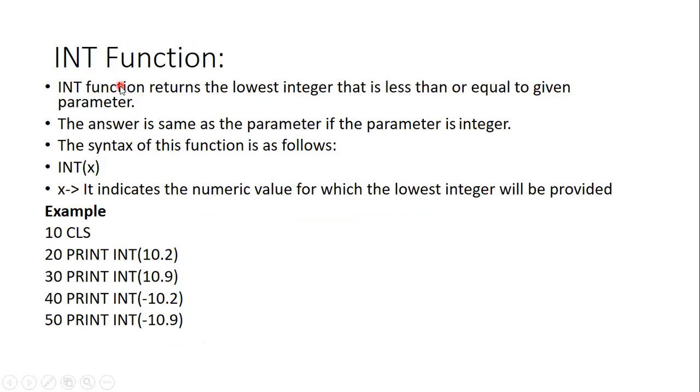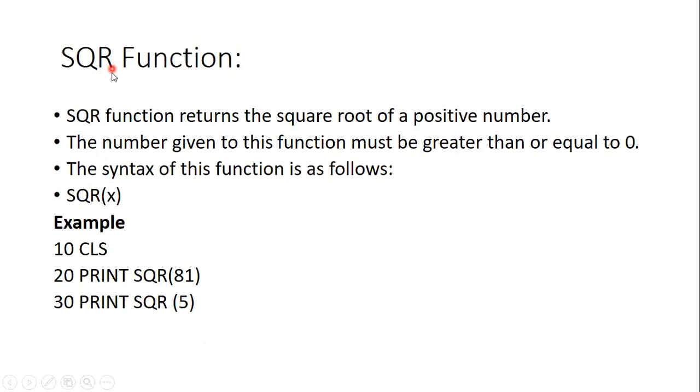The Int function returns the lowest integer that is less than or equal to that particular parameter. We have seen the working also. This is the syntax, name of the function along with the parameter. The third one is SQR, square root, which is basically used to return the square root of a number. And for the use of this